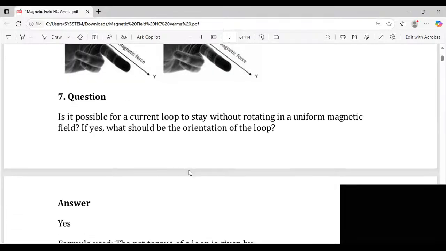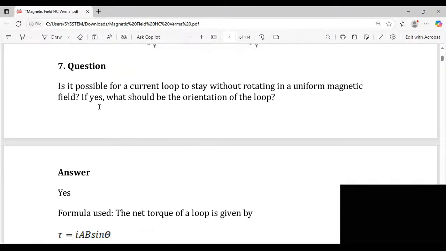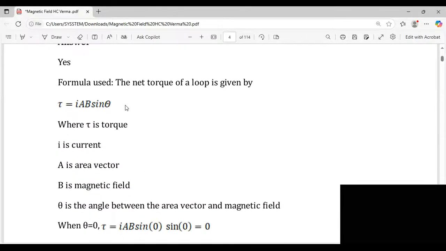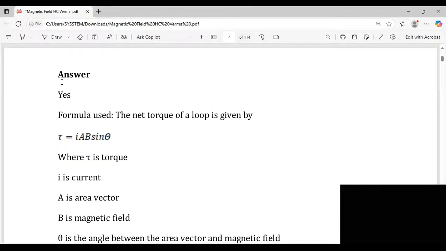Let's see question number 7. Is it possible for a current loop to stay without rotating in a uniform magnetic field? If yes, what should be the orientation of the loop? The answer will be yes. Formula used: the net torque of a loop is given by tau = I A B sin theta,